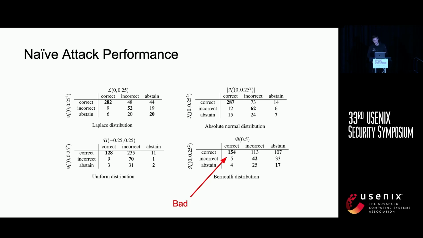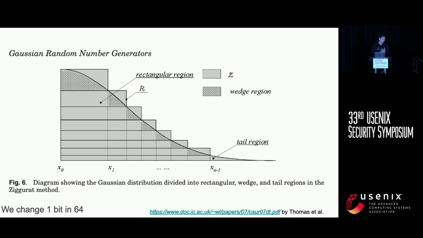But at this point, you would say, Ilia, what are you talking about? Those distributions are quite different. Of course, they're not going to pass. You're going to detect this. And I agree with you. So we can do better. So I'm not sure how many of you know how floating point numbers are made and